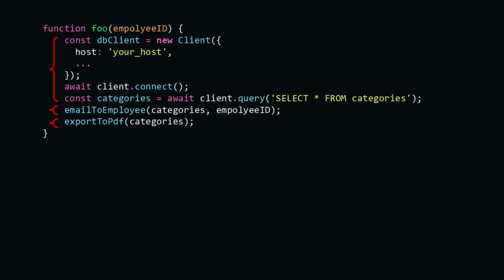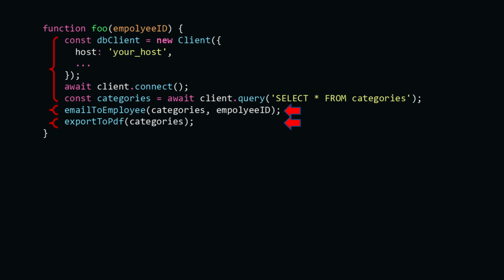The last two parts are very abstract. They are very high level. The first one is the opposite. It's very detailed. So, if we wanted to maintain a consistent level of abstraction, we could have done one of two things. Either write in this function all the code of the email to employee function and all the code of the export to PDF function, which will make this function a very low abstraction level function, and also a very long function. Or, and that makes more sense, take all the code that has to do with getting the categories from